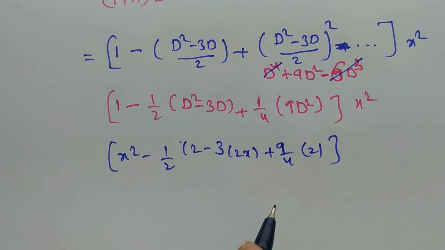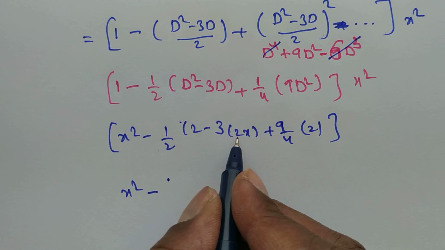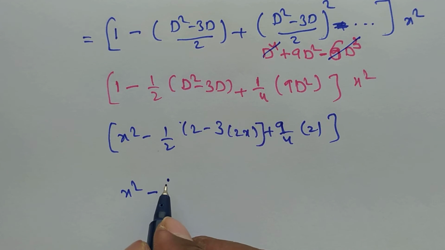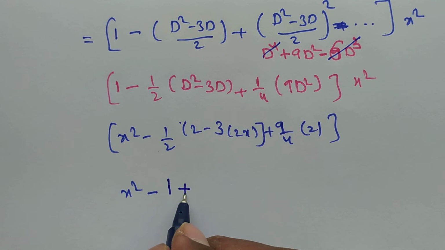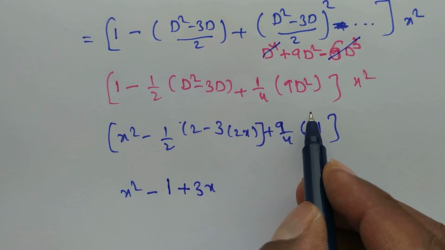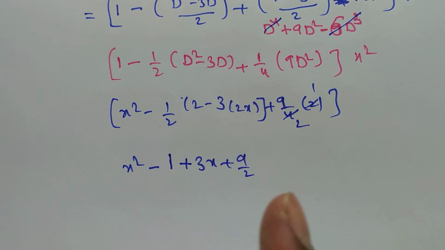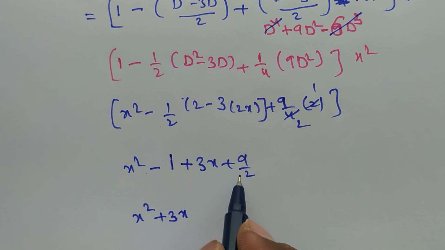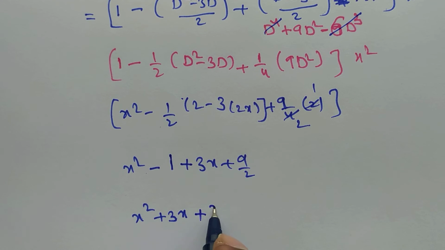Then you will get the particular integral. That is x square minus 1, here 2 is there, here also 2 is there. From these two terms, I can take 2 as common and write outside. Then 2 getting cancelled. Then I have minus of minus plus 3x, and the 2 in the numerator and denominator getting cancelled. Then you will have plus 9 by 2. Okay. Now if you simplify, then you will have x square plus 3x. This is plus 9 by 2. This is minus 1. So you will have minus 2 plus 9, nothing but plus 7 by 2. This is the particular integral.